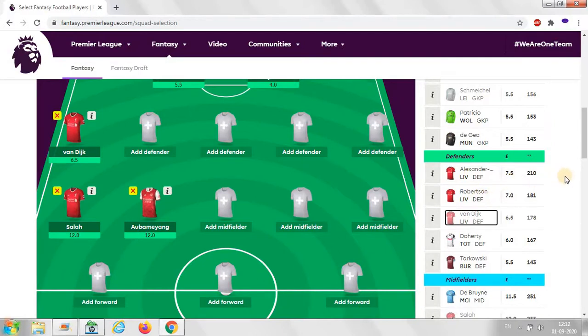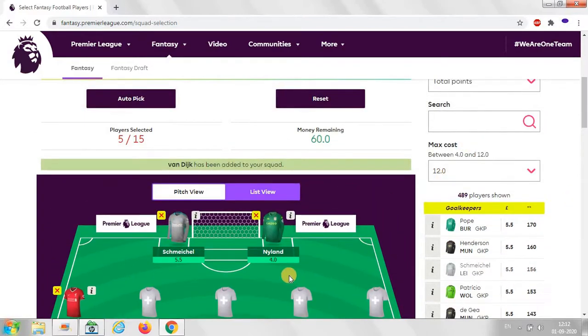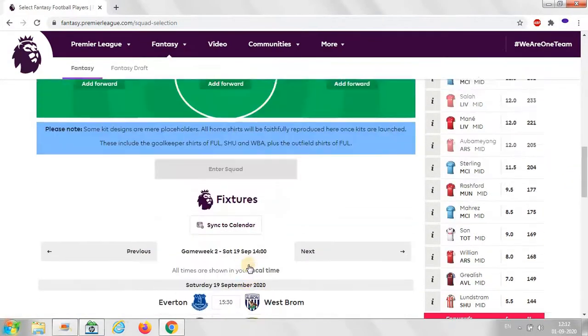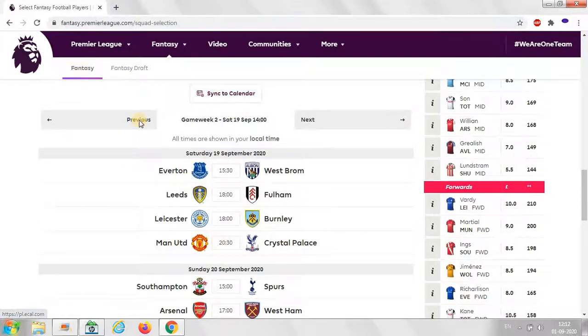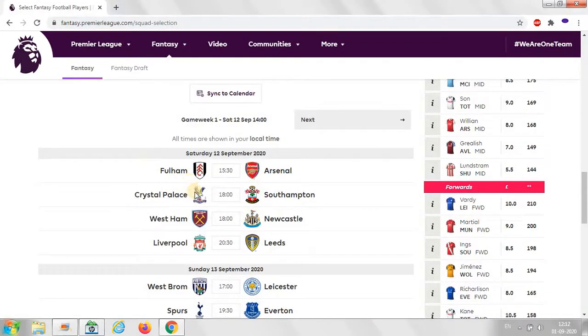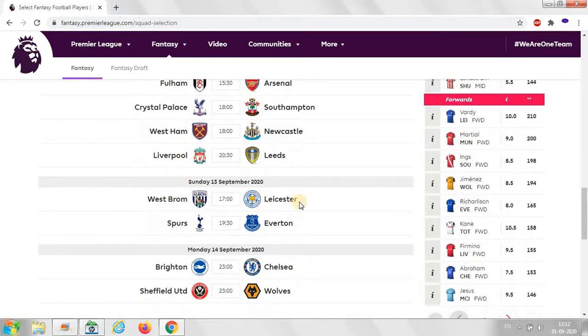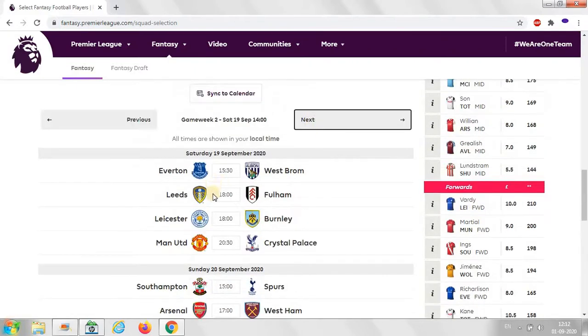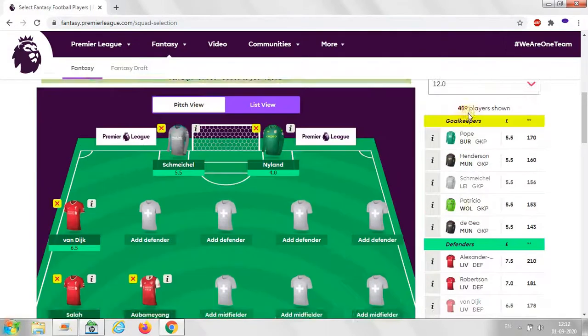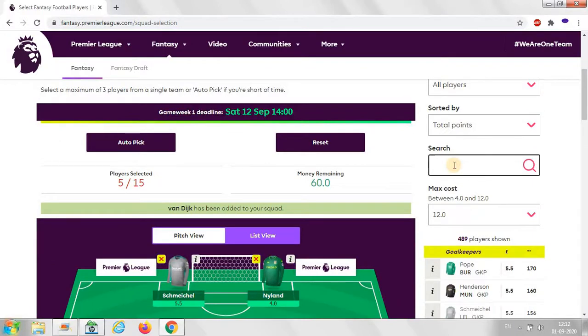So we must select these 2 people, but let us select Van Dijk first. Okay, and also you must see Leicester is playing West Brom the first week, as well as Burnley. So I think you can search Soyuncu.